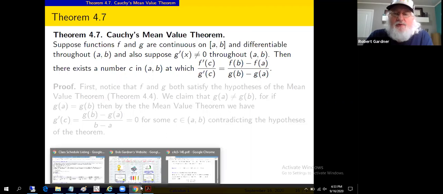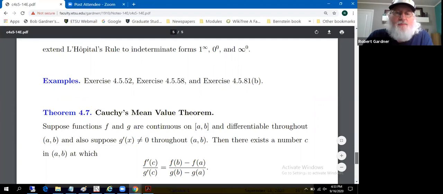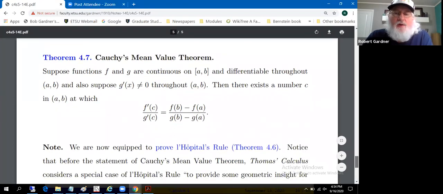Oops, I think this is another topic. So let's see. Next is Cauchy's mean value theorem, which states the following. We need this to establish L'Hopital's rule. Theorem 4.7 says, suppose f and g are continuous on the closed and bounded interval from a to b and differentiable throughout the open interval from a to b. Suppose g prime of x is non-zero throughout a, b. The claim is there exists a number c in the open interval from a to b where f prime of